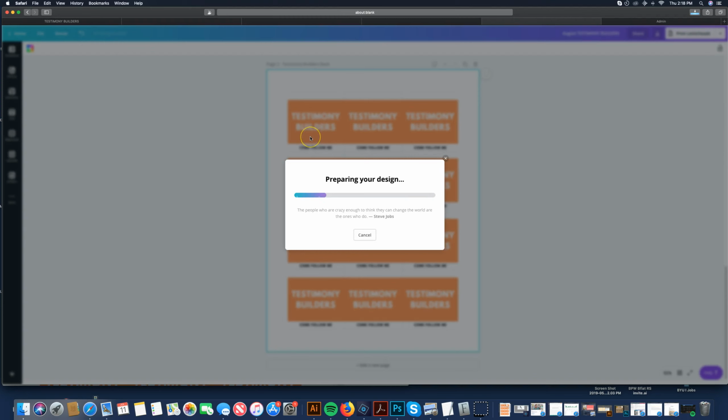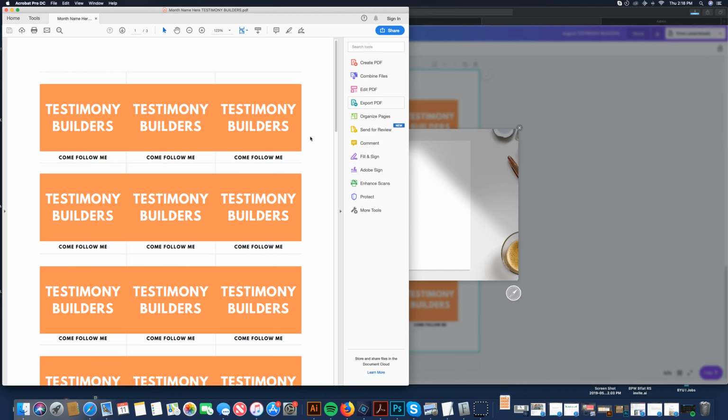It will take a few minutes to prepare your design, and then it should pop open into your Adobe Reader. I have Adobe Acrobat Pro, but that's because I have access to all the Adobe programs. So if you're using something free, Adobe has Acrobat Reader, and that's the free option. So it would pull it up there. The other way is just to go down to where your downloads would be and to click the file open